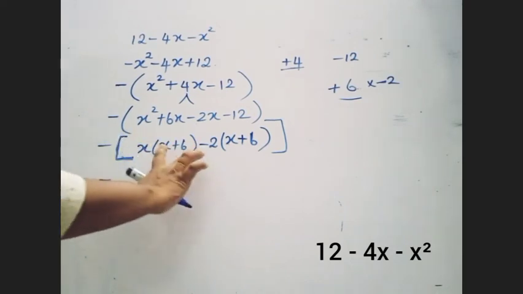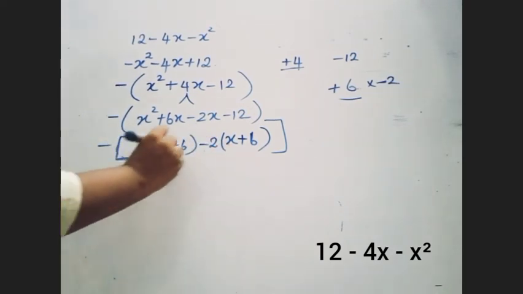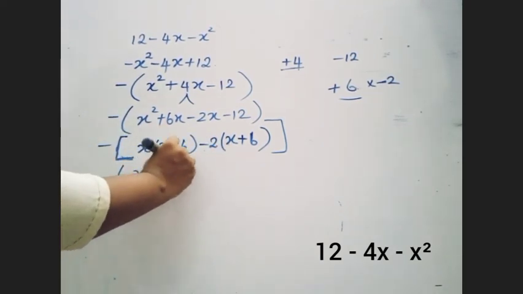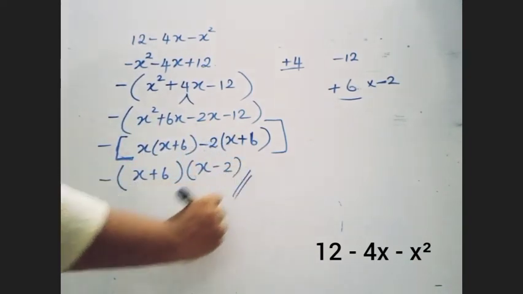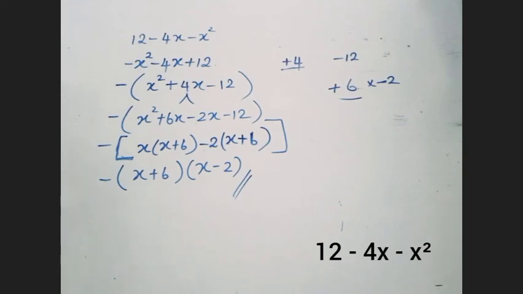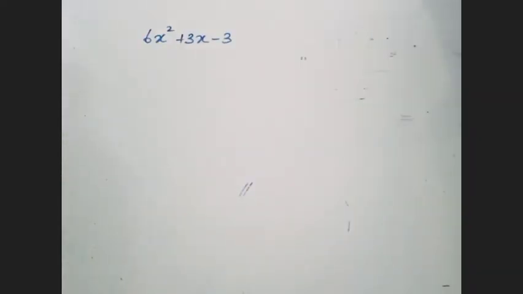After that, the common factor between these two is x plus 6 and the remaining are x minus 2. So see, this is how you do it. So first you need to rearrange it according to the format, then you can factorize it in this way. Okay, now at last look at this example, children.